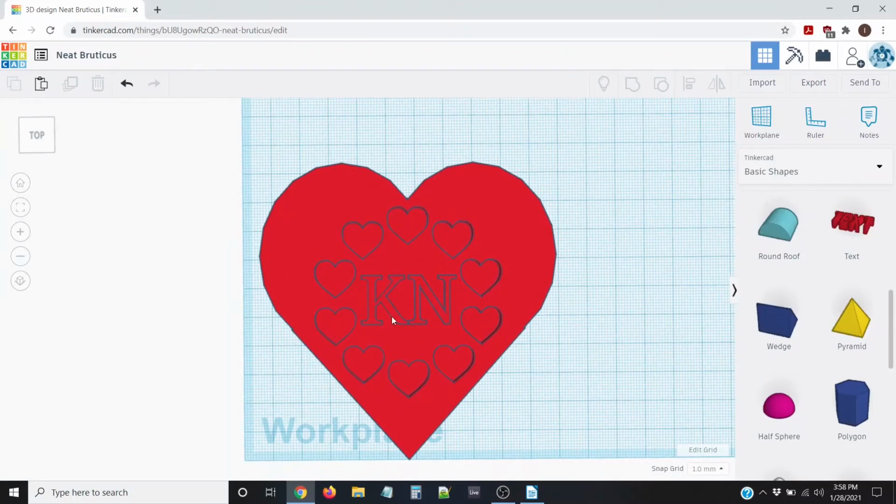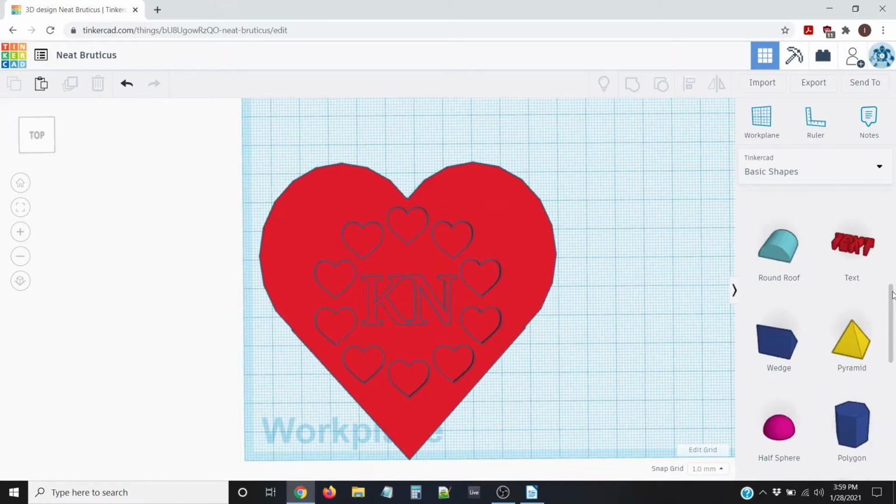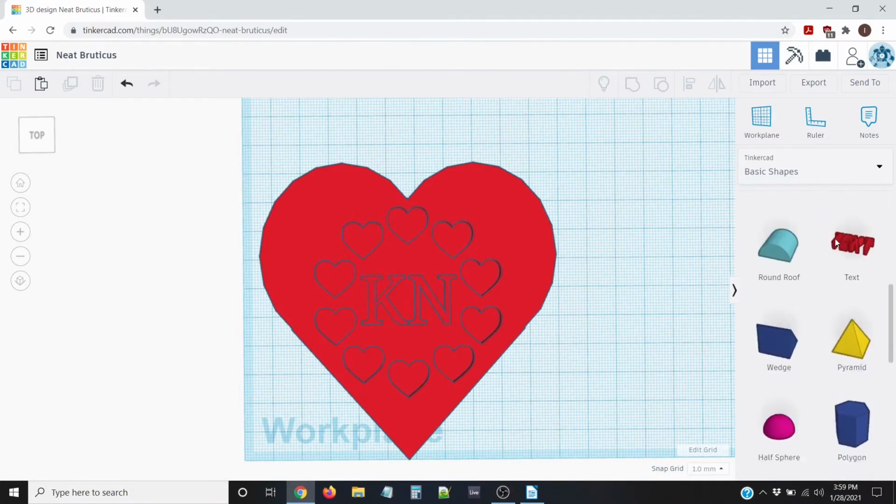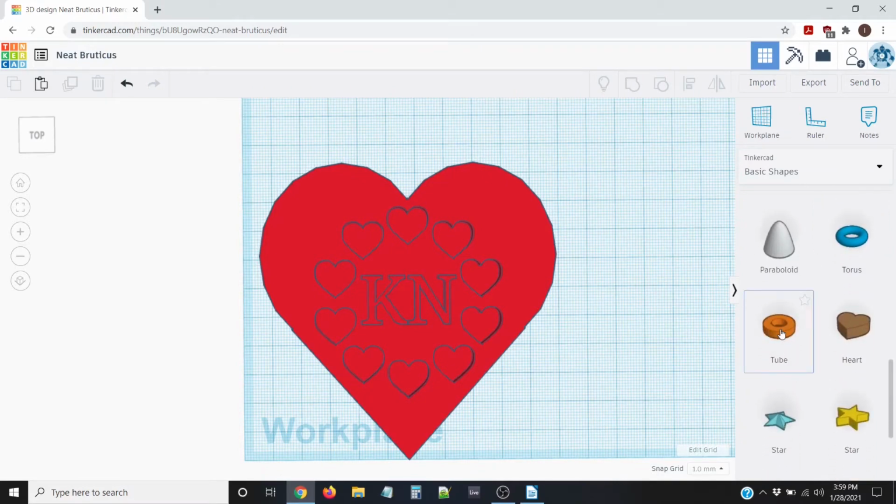So you could print this out and then give it to a friend or your mom or dad if you want. Or say you wanted to make a friend or family member a necklace, what you can do then is add a little circular hole at the top of this heart, if you want to add it to something like a necklace. So what we'll do is grab the tube tool,